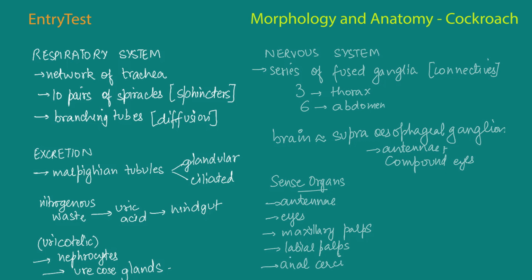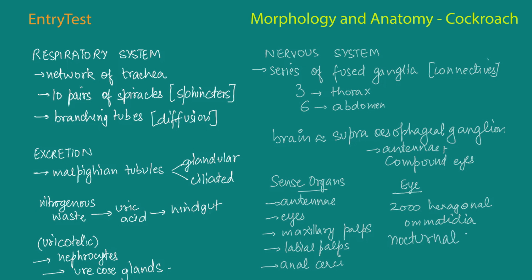and each eye consists of about 2000 hexagonal ommatidia. These are like smaller eyes within one compound eye, and with the help of these several ommatidia, the cockroach can receive several images of a similar common object. This kind of vision is known as mosaic vision. It's there in lots of other insects also. There is more sensitivity, but resolution is very less, and it's very commonly used during the night. That is why it is known as nocturnal vision.